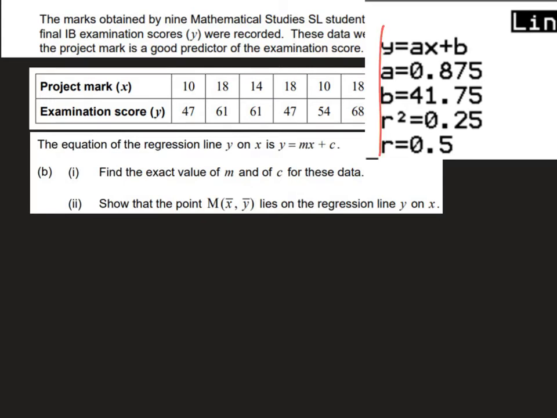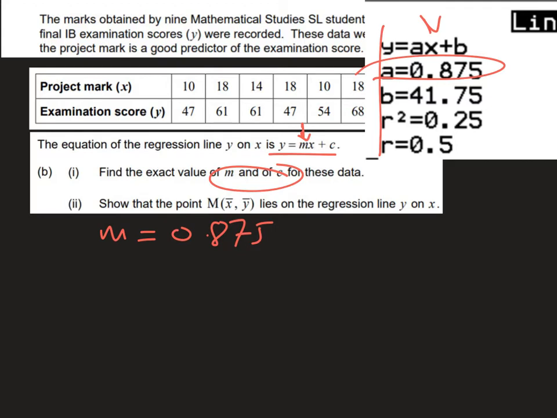We're going to need to use the same information that we've just got from the linear regression for part B1, because it asks us to find the exact value of m and c for the line of regression. You can see here that the coefficient of x is described as a on our calculator, but obviously the coefficient normally is depicted by m, so they have the same value. m is equal to 0.875. And again, in our model here, the constant term at the end is b. Comparing that with the normal y equals mx plus c, those two will be the same as well. So therefore, c equals